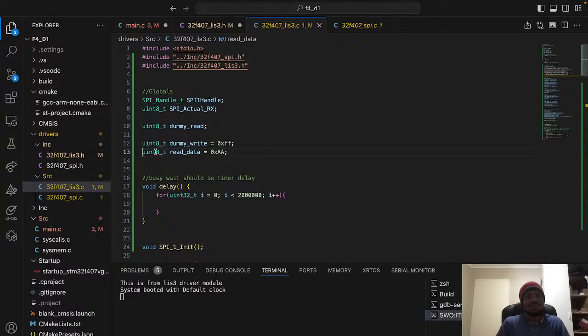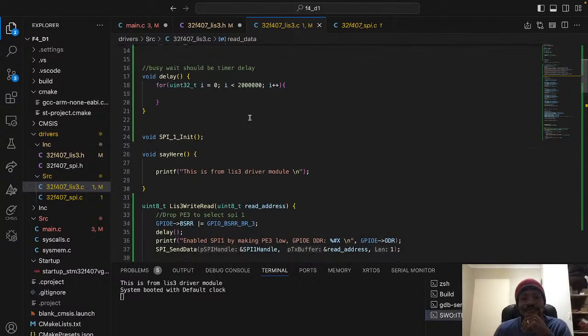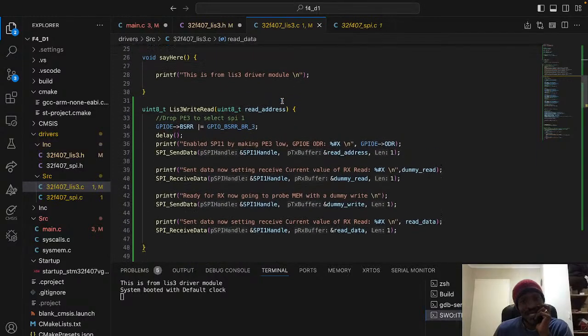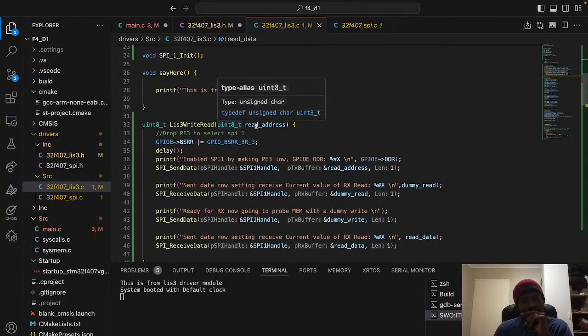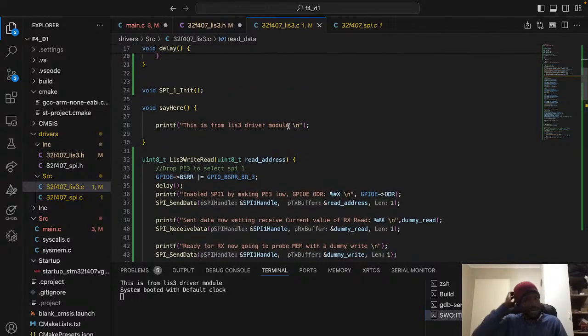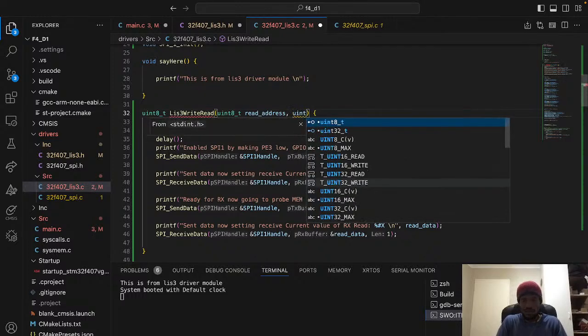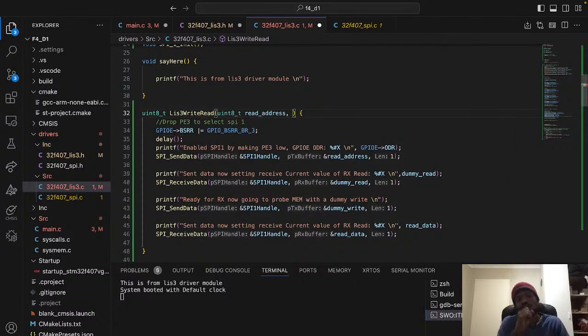Okay, cool. So SPI init. What does this do with read address? It gets a read address, and then you should be able to pass in an int. I want this to be a location. So I want this to take